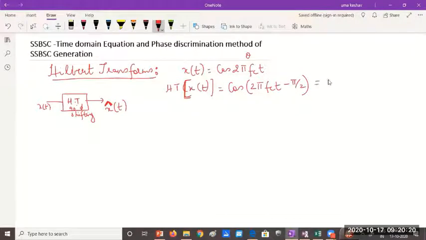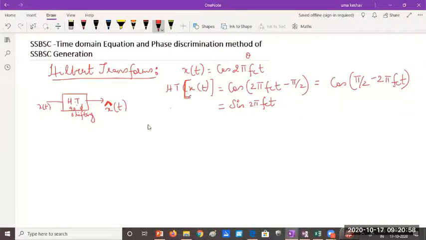Can you tell me how do you find this? Usually we need to write it in the form cos of 90 minus 2 pi fct rather than this form. And in cosine, even if I interchange these two, cos of minus theta is cos theta itself. It's an even signal, so there won't be any change in sign. What is cos of 90 minus theta? Yes, sine 2 pi fct. Therefore, if a given signal is a cosine, its Hilbert transform would be a sine.